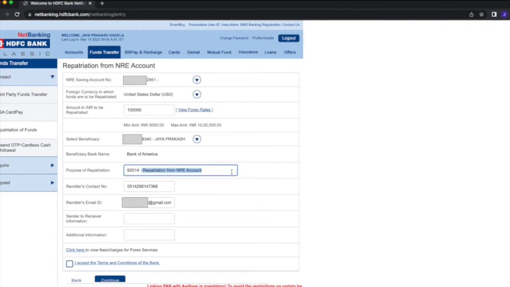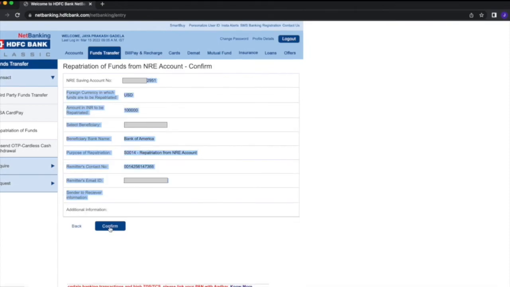Because I have already added my beneficiary, I'm just choosing it from here, and the beneficiary account abroad is a Bank of America account. As soon as I select my beneficiary, it will always show the purpose of repatriation as repatriation from NRE account. You can type in any notes if you want, then click on I accept the terms and conditions, and click on continue. This is a kind of verification page. Once you see all your details are correct, click confirm, and then boom,